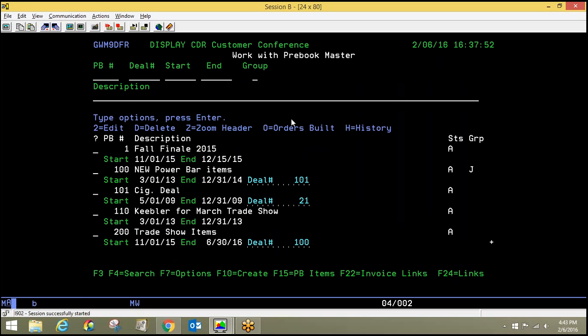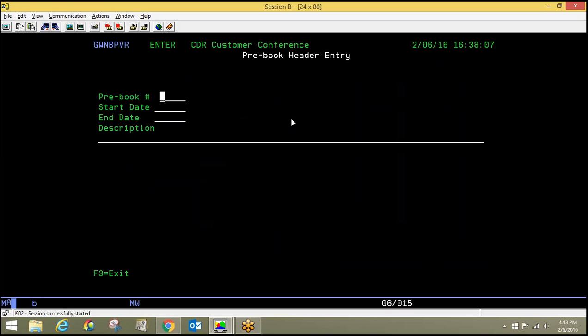That's probably the best practice to do it. So what I'm going to do is I'm going to press F10 to create. I'm going to give it a pre-book number that means something to me. It has to be a pre-book number that's not in use, obviously. I'm going to call mine 2016 just because that's when my show is, but it can be whatever number you